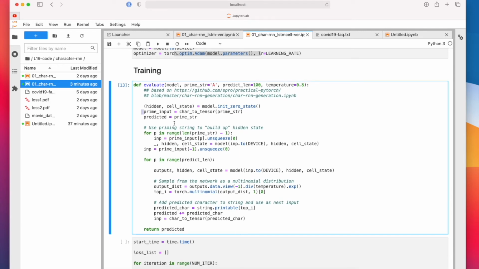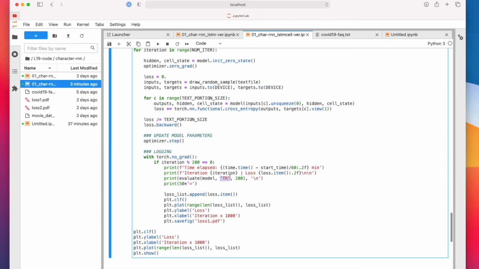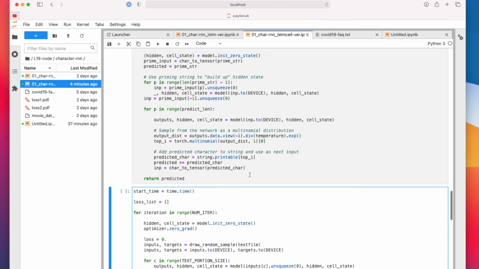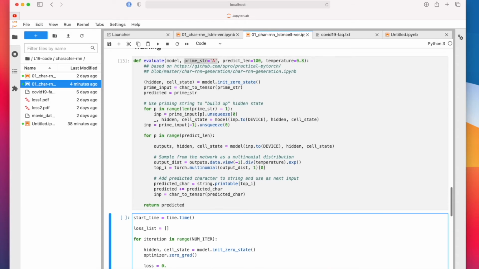What that means is we are providing some prime character. This is like some starting character here. Placeholder is A. I actually use TH. So all texts that we are generate will start with TH. It's arbitrary, it could be anything. And then here we're priming it.